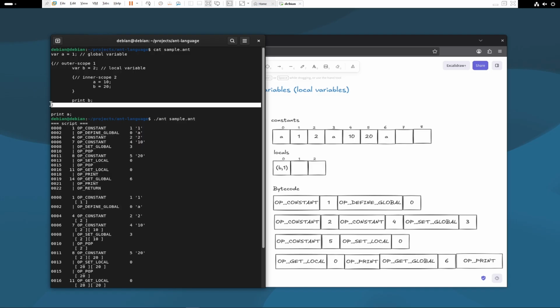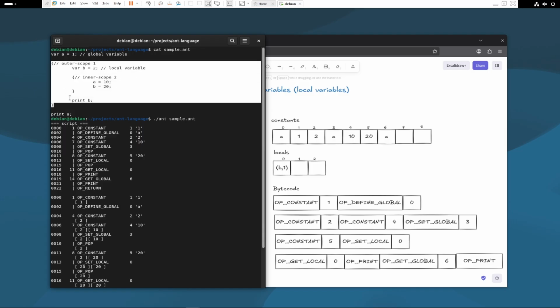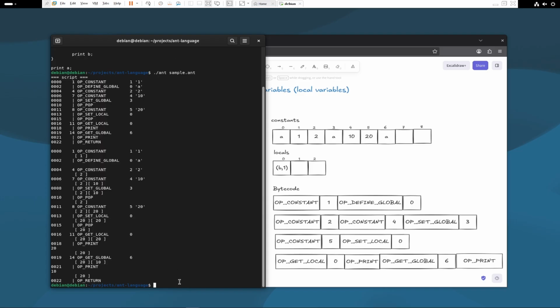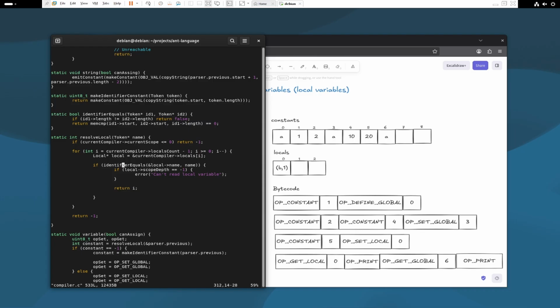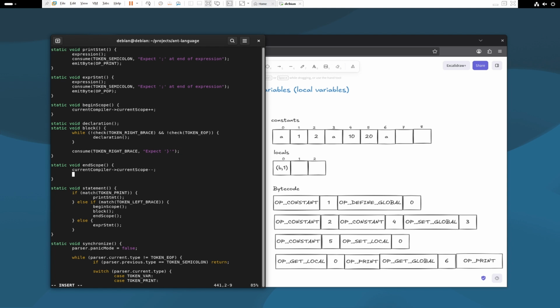need to remove every local variable that belongs to that scope. So what I need to do is go to our compiler.c, and in the function end scope, I need to remove every local variable. I need to remove it from the stack, because remember, a local variable takes a position on the stack, it owns that position on the stack. So when we have a right brace, I need to remove every local variable that was declared